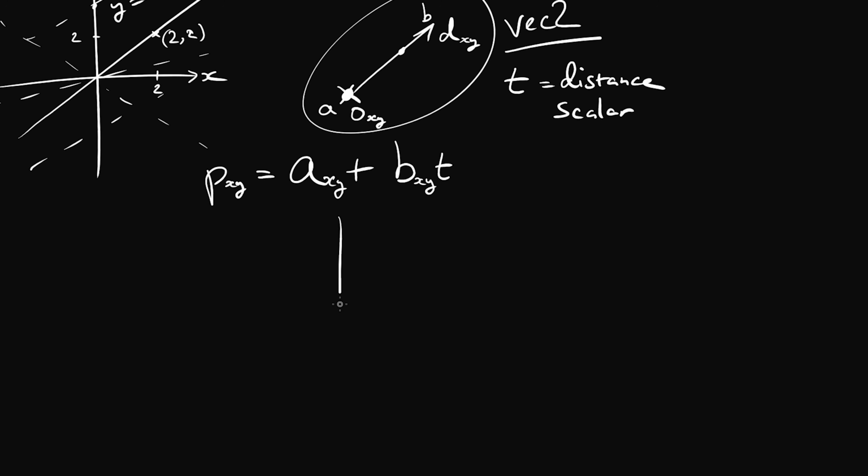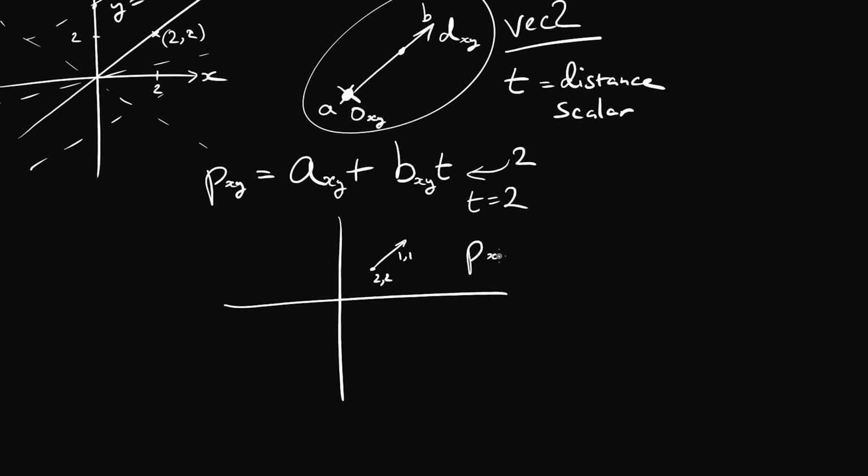And just to test this out and show you what I'm talking about, if the origin xy was somewhere here maybe, let's just say it's at 2, 2, and we had a direction for the line which was in the direction of 1, 1, so it's going in the positive axes, both x and y, then if we wanted to find a point that was 2 units down that line, we would simply set t equal to 2. And so if we plug it in with the rest of this equation, we know that that point, xy, will be equal to the origin, which is 2, 2, plus the direction, which is 1, 1, times t, which is 2.